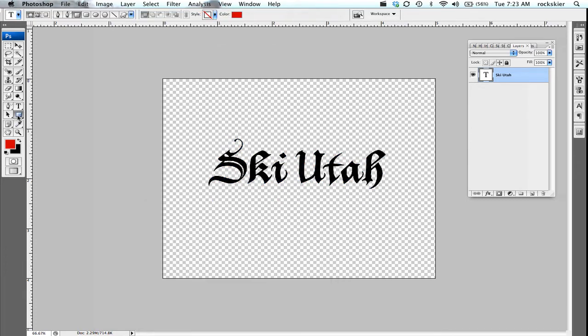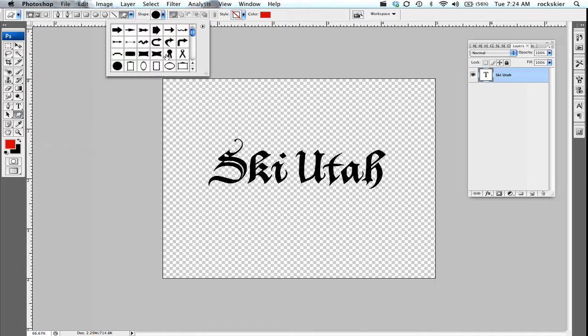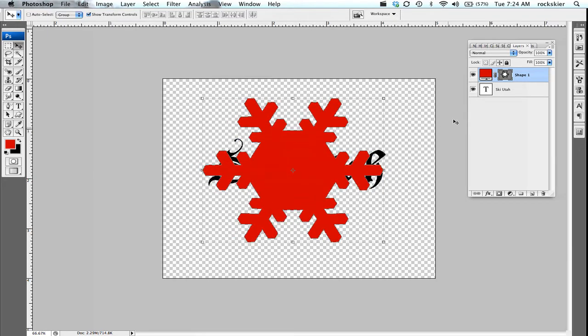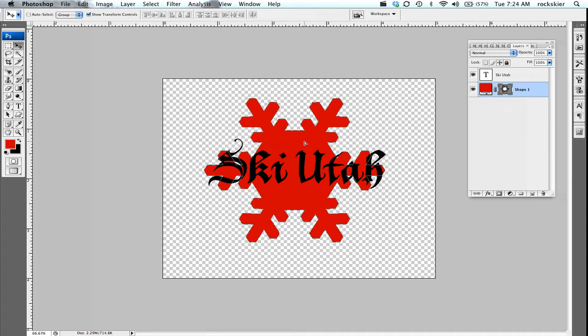Maybe I'll go to the Shapes tool. And you can use pictures for this as well. So if I come in here, I'm going to grab a snowflake really quick, if I can find it. We already passed it. I'll just, let's see, there we go. Okay, so grab a snowflake. So depending on your color, this one's a little bit lighter, so if I bring that in there, so if that's my stamp that I want to create, then I just go ahead and take that and go up to